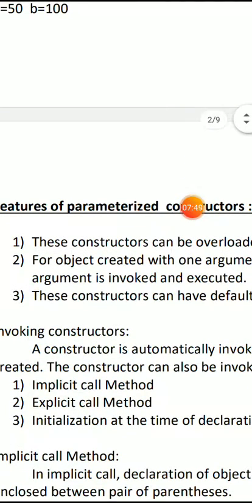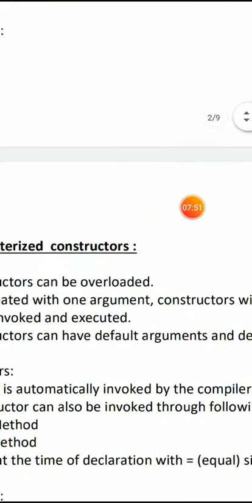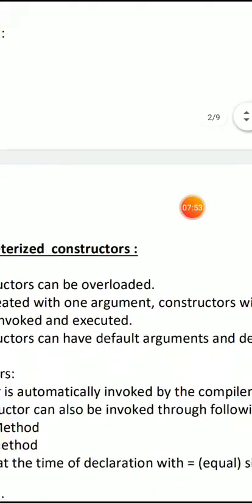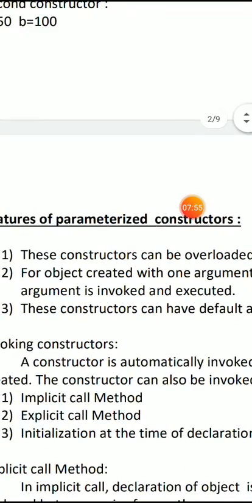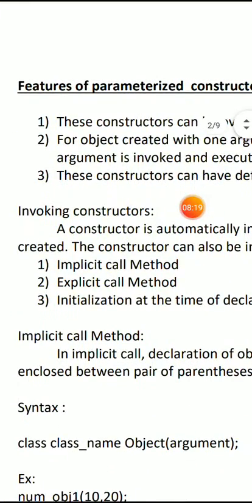Second point, for an object created with one argument, a constructor with only one argument is invoked and executed. So after defining a parameterized constructor with only one argument, if you pass only one argument with the object, automatically it will invoke the parameterized constructor with one argument from the list of parameterized constructors.